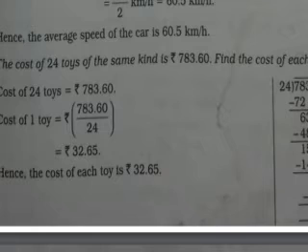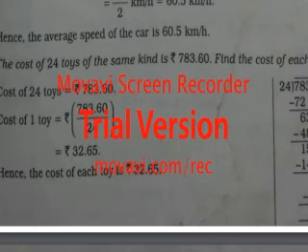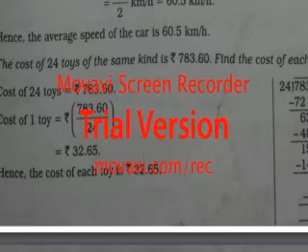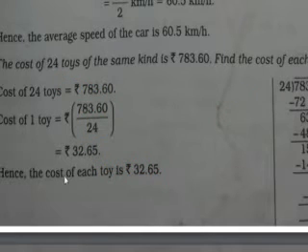So now 24 6 is 144. As you can see, the point is kept. Do you know why the point is kept? Because this 6 is after the point. So when a number after the point is involved, you have to keep the point. So 24 6 is 144, and in the same way while subtracting, it came 12. Sorry. So since the point is there, 0 will be coming. So 24 5 is 120, the remainder becomes 0. So what happens? Cost of one toy is equal to 32.65. So here it has been written is equal to rupees 32.65. Hence the cost of each toy is 32.65.